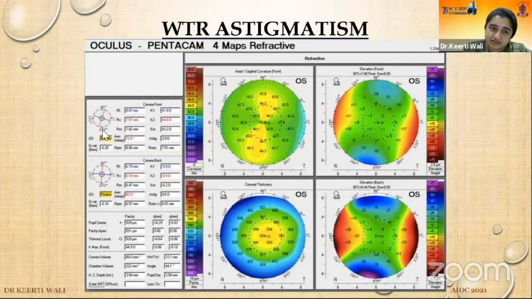However, this QS factor here is indicating that this scan needs to be repeated. Fixation losses were there while the study was done. Pentacam hardly takes 2 seconds to capture this, so it can be repeated. It has to be repeated. If the eye closes or fixation is lost during that time, the QS will be shown like this.